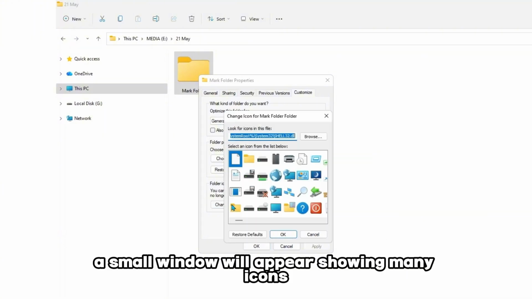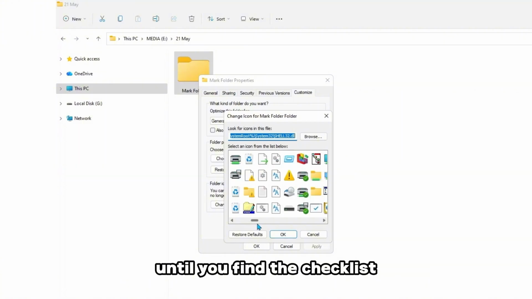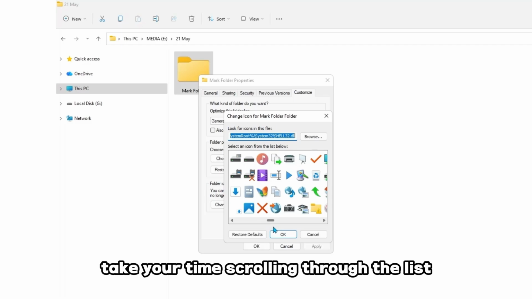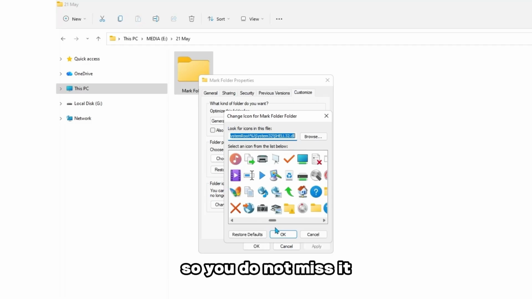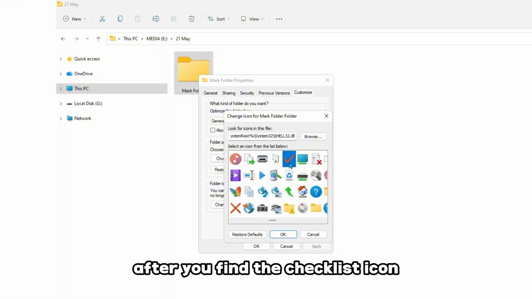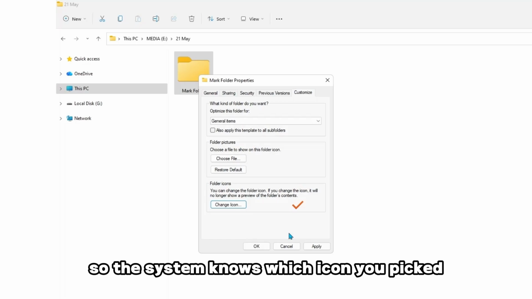selection menu. A small window will appear showing many icons, and you should browse the icon section until you find the checklist icon that you want to use to mark the folder. Take your time scrolling through the list so you do not miss it, because there are many icons shown in a tight layout. After you find the checklist icon, press OK to confirm the selection so the system knows which